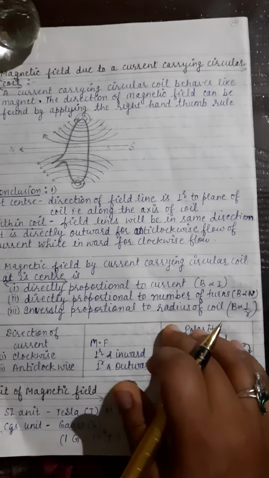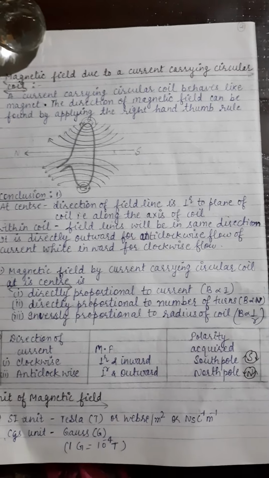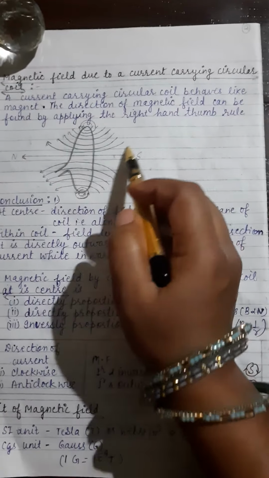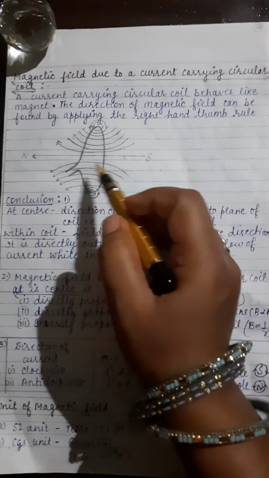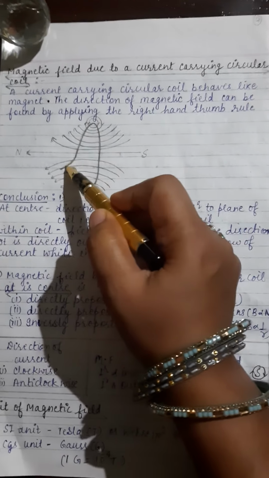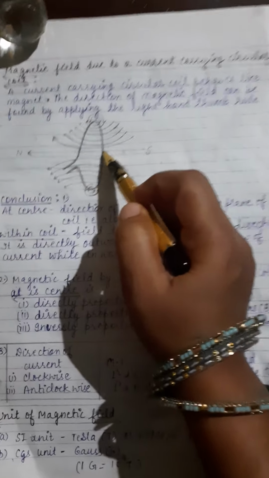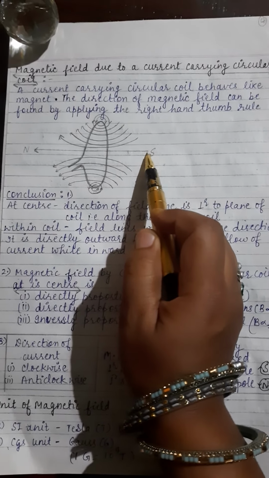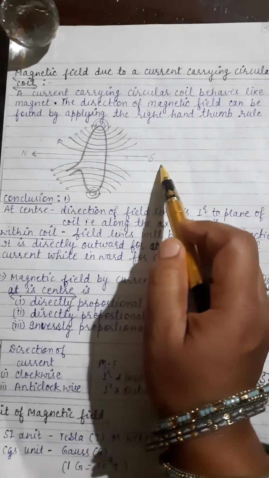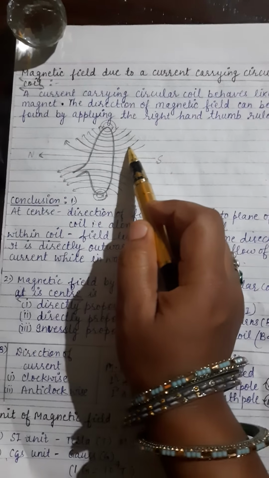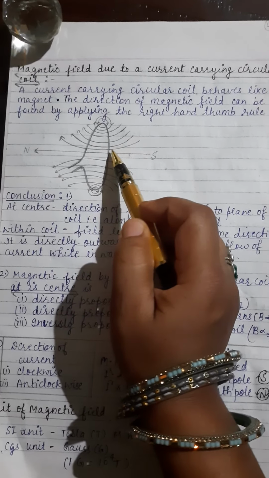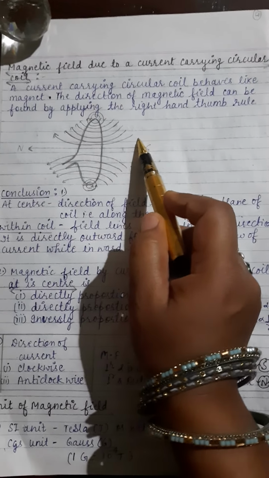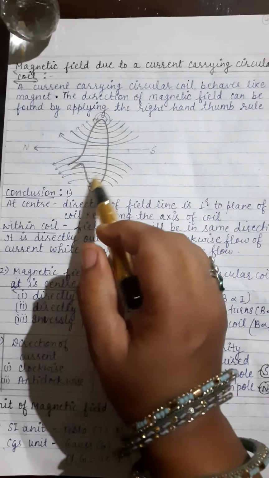That means if we are bending our straight wire in the form of a loop, then how do the magnetic field lines vary? Here you can see that we have the straight wire and we have converted it in the form of a loop. Now we'll see the magnetic field lines. Suppose this is the north pole and this is the south pole, and the magnetic field lines are going, as you know, from north pole to the south pole. From north they are emerging out, and to the south they are merging in, and this way we are forming the magnetic field lines.